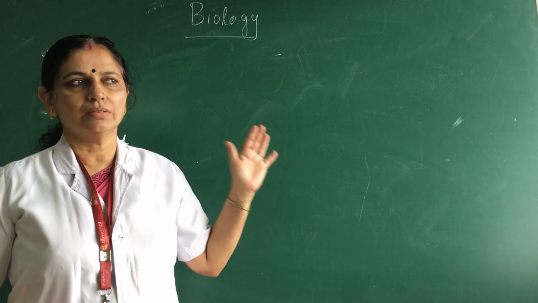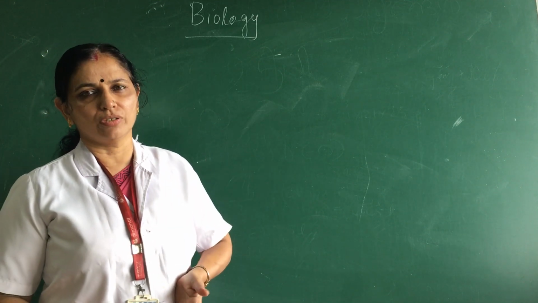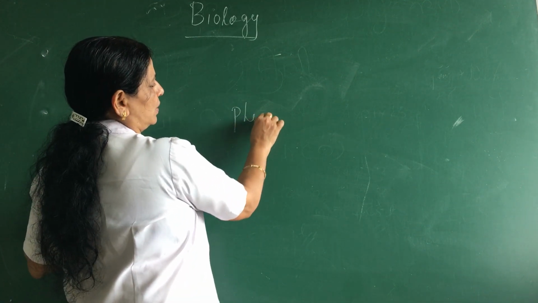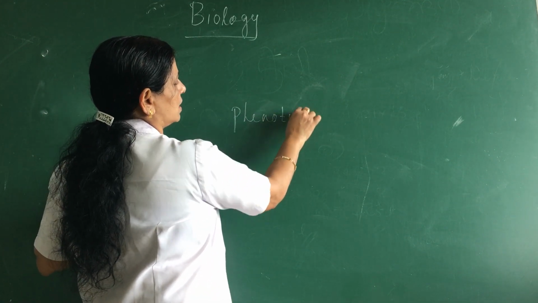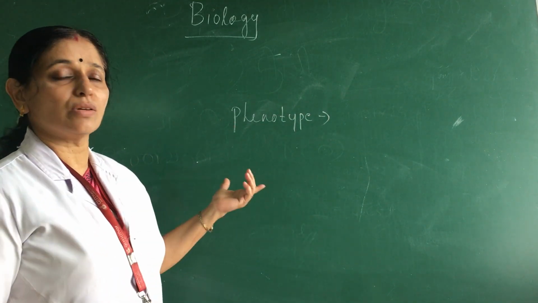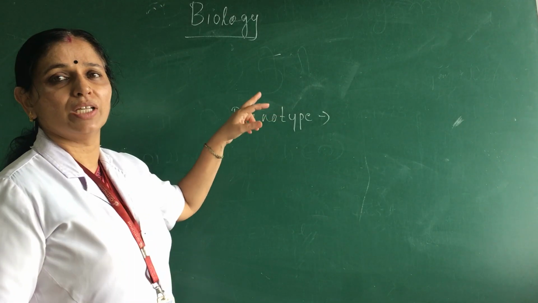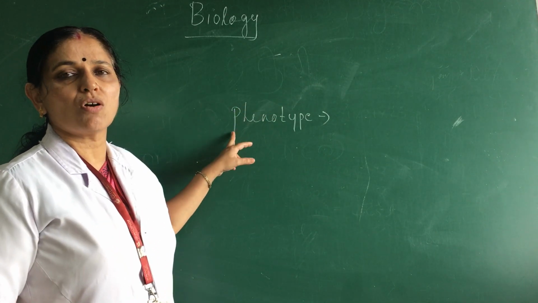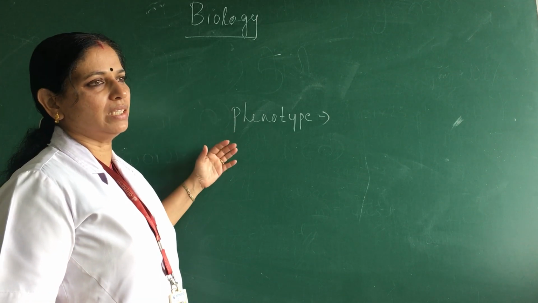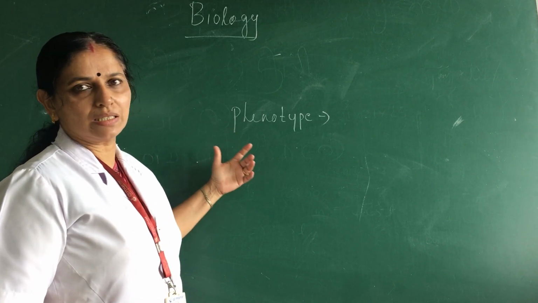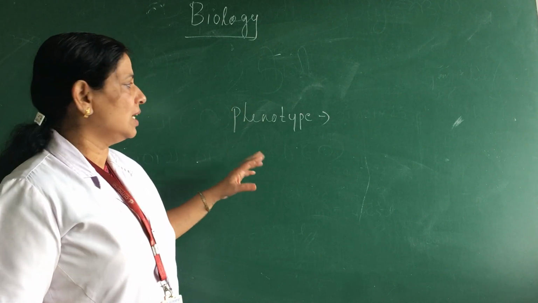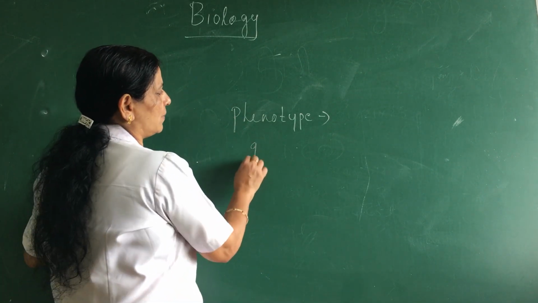And what are genotype and what is phenotype? Phenotype is the trait. What do you mean by phenotype? Phenotype is the trait of an organism, or the behavior or the appearance of an organism. It is called a phenotype. The example is tall. It is a phenotype. And the color of hair, that is black, brown, etc. These are phenotypes. And height is a phenotype. You got it.